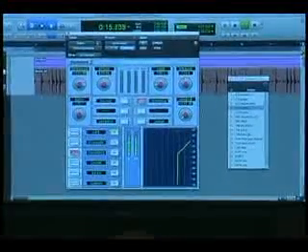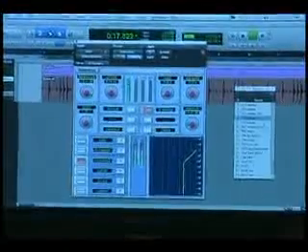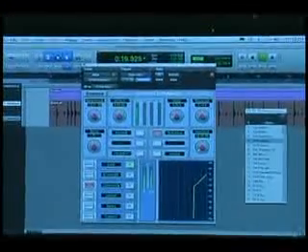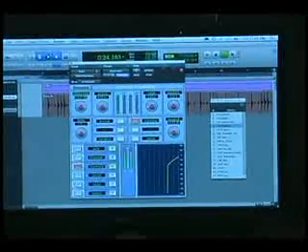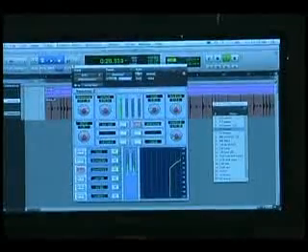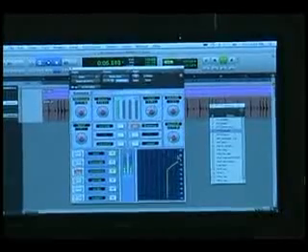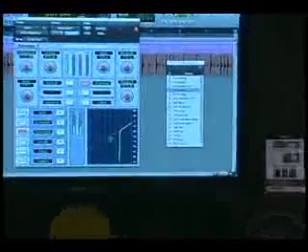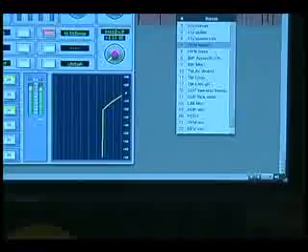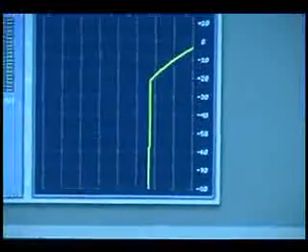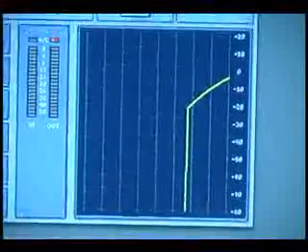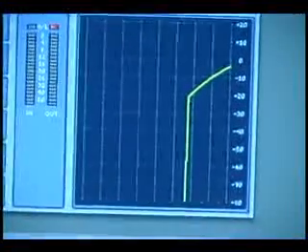Clicking access, then we can see the parameters of that particular process. Click the process in, see some compression going on in the meter. Everything I do with the parameters will be reflected in the curve. Although it's a Dynamics plugin, it includes at the same time an EQ. It's a 2-band EQ, SCQ, that stands for sidechain EQ. So originally it was meant to